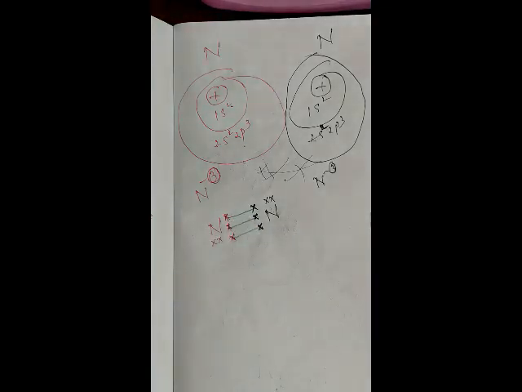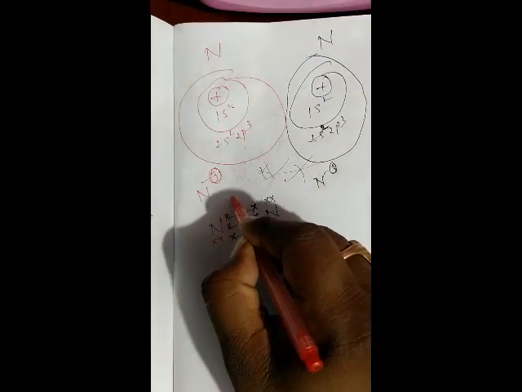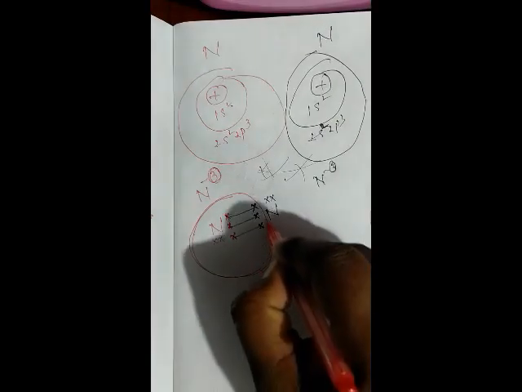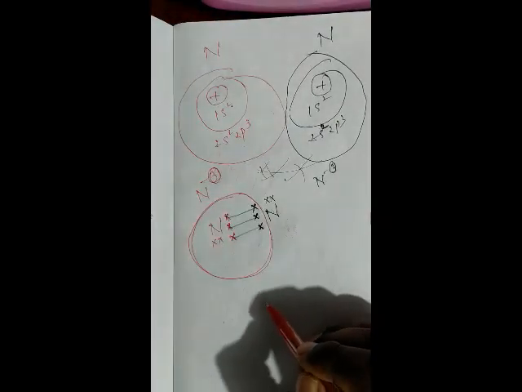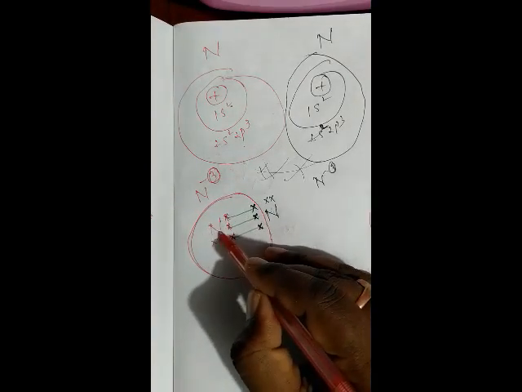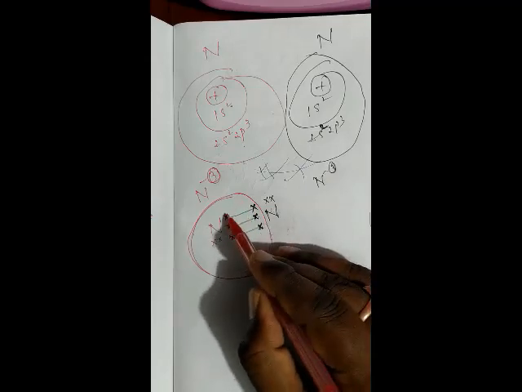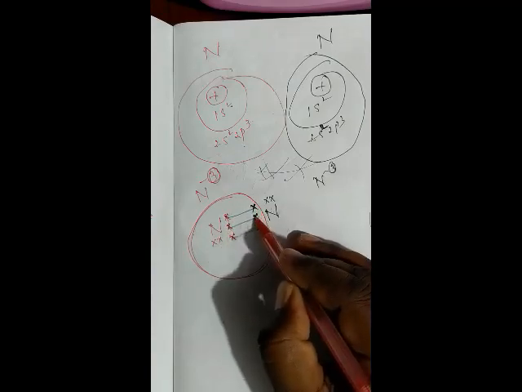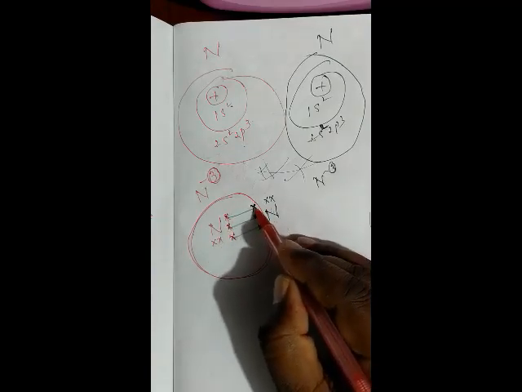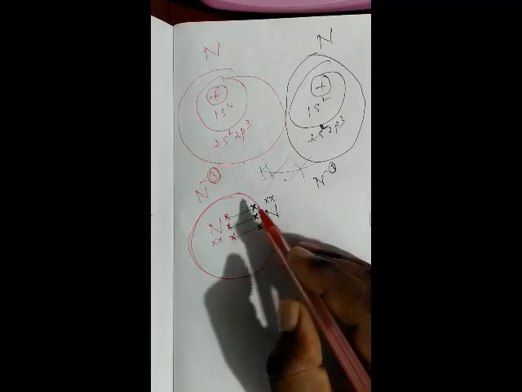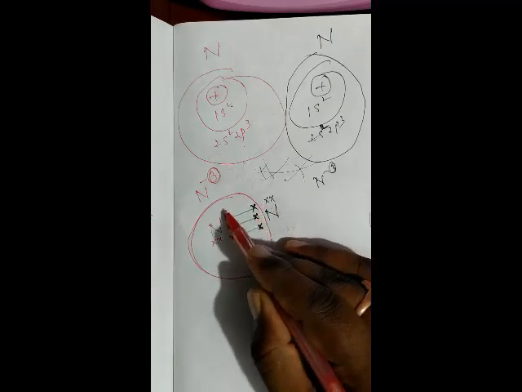Now see here. With the red pen I was drawing circles here. In this red circle, that means this red circle belongs to the first nitrogen atom. Count the electrons: 1, 2, 3, 4, 5, 6, 7, 8. These black electrons, the electrons written with the black pen, also belong to this nitrogen atom because they are completely shared. So count these also: 1, 2, 3, 4, 5, 6, 7, 8.